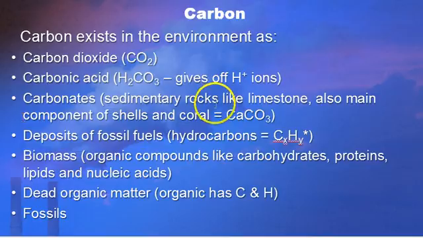Then you have carbonates. Carbonates are sedimentary rocks. They're a mineral, actually, a part of the rock. So that would include things like limestone that has carbonate in it. A lot of shells of organisms, and the coral skeleton itself is made up of calcium carbonate also, which is basically the same chemical as limestone. So you can see your carbon in there. And then, of course, we have fossil fuels, and fossil fuels are compounds that we call hydrocarbons. So that just means they have hydrogen and carbon together. And a lot of times you're going to see them kind of written in this formula.